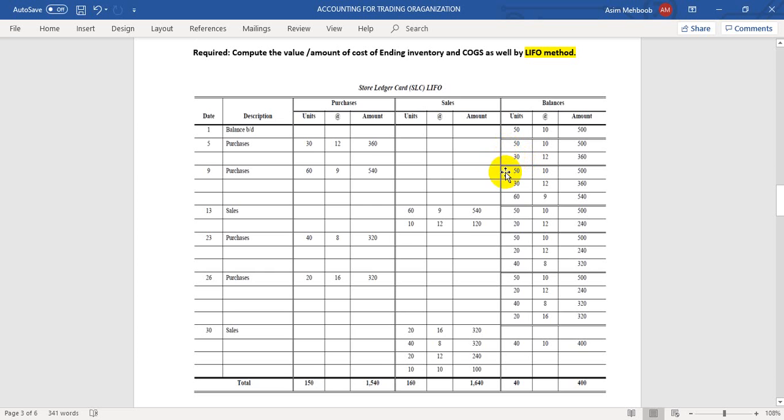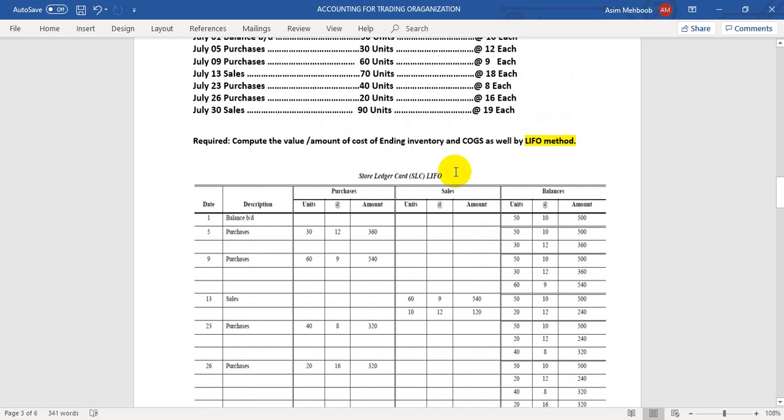So guys, this is the simple method of inventory valuation of LIFO. In LIFO we sell these units first, not that one. Now you have four kinds of inventory here as per the order of purchase. So you have to sell first from here, then here, then here, then you take it out from here. It depends how much inventory you are selling.